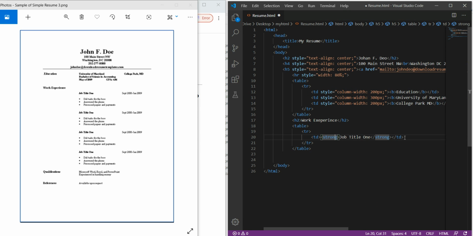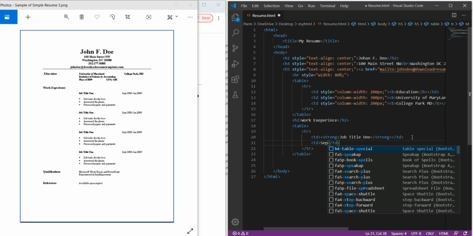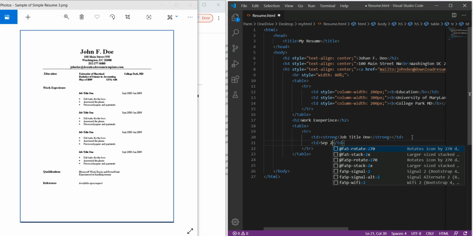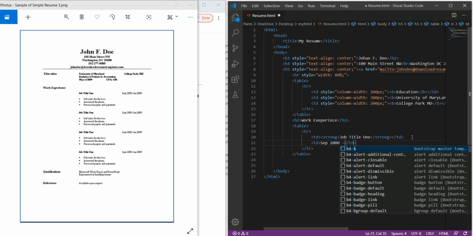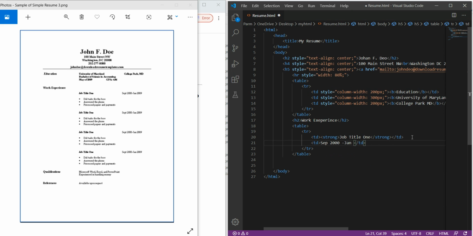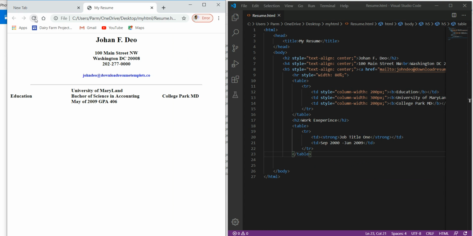And in the same row if we see it's written TD, table data, and it is written as September 2000 hyphen Jan 2009. Just save the changes and refresh it over here.